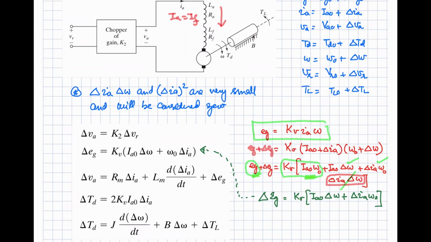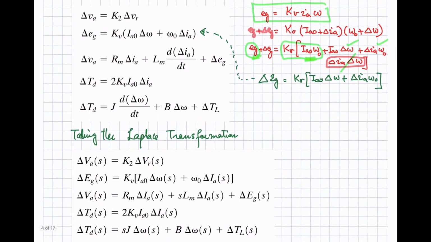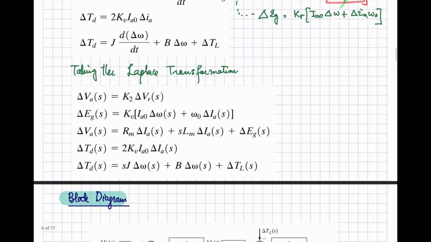Similarly, for the next equations, you can linearize them using the same method. So you can write these linearized equations. Now if you take the Laplace transformation of this one, the Laplace transform will be given by this expression. Similarly, for the second equation, the Laplace transform version is this one. The two variables are Ia and delta omega. So all of the above equations are represented in the S domain with the help of this set of equations.